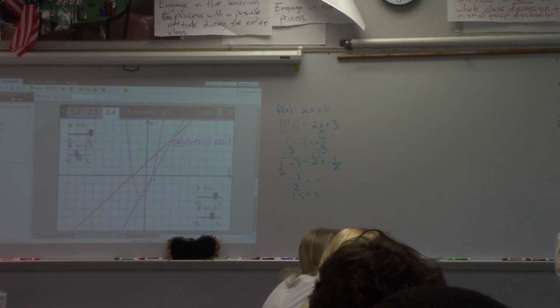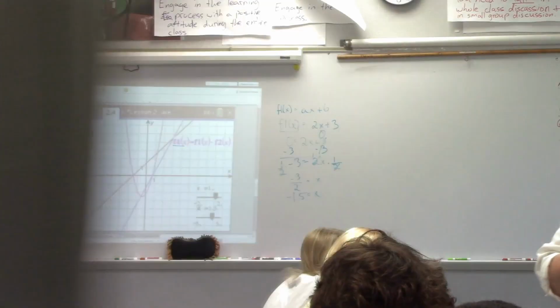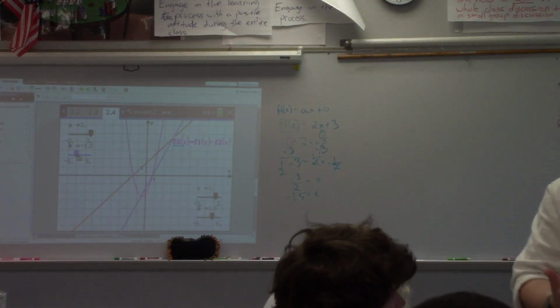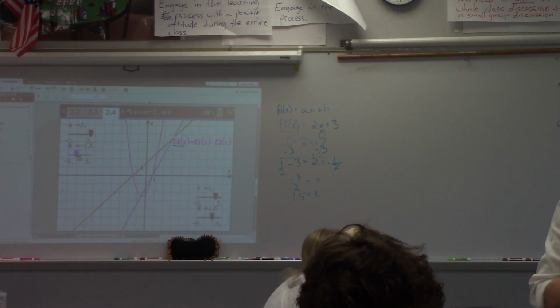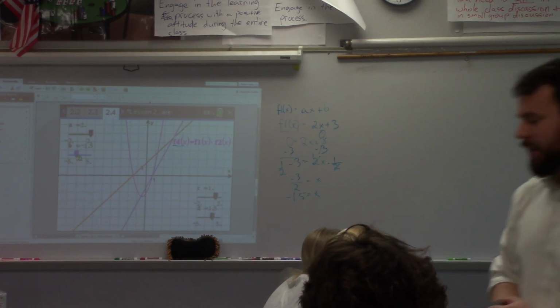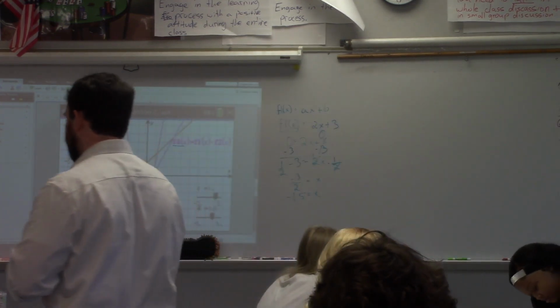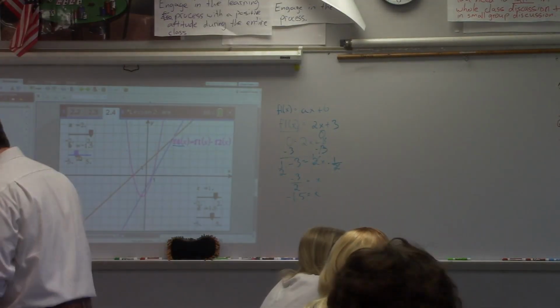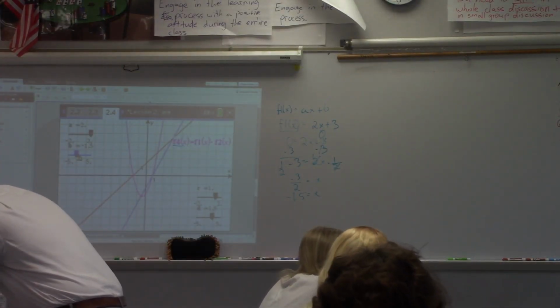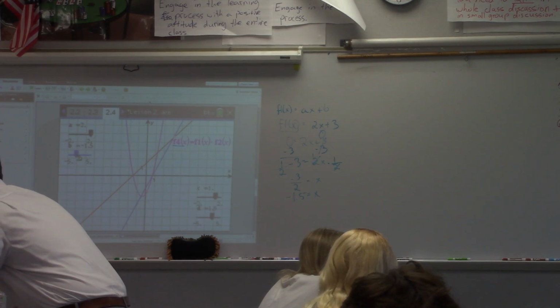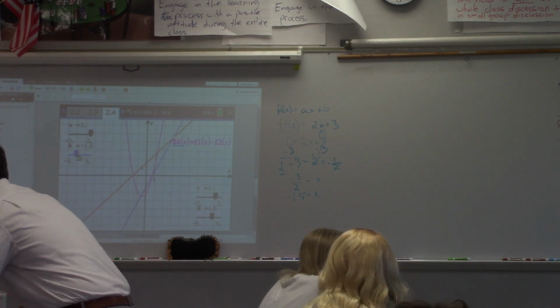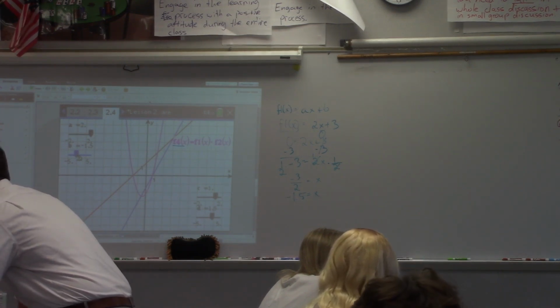Maybe keep playing around with C. It affects something else. Also, we were talking about concavity. Have we looked at any other features like x-intercepts, y-intercepts, things like that? What have we noticed? Okay, so A and C, the slopes of the linear factors, are affecting the concavity. Have we noticed